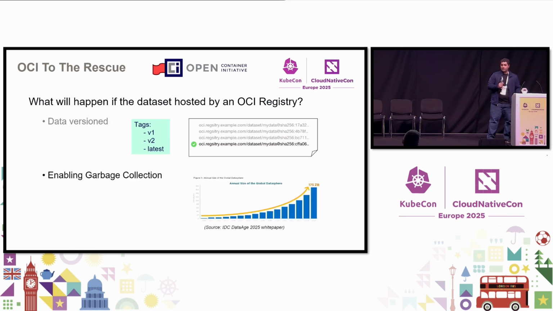Beyond all of this, there is one other great benefit that we get from having our data in OCI registries. We can enable garbage collection for this. Now, this is very important because every year data keeps growing and it's out of control. Nowadays, there have been some studies, including an IDC report,